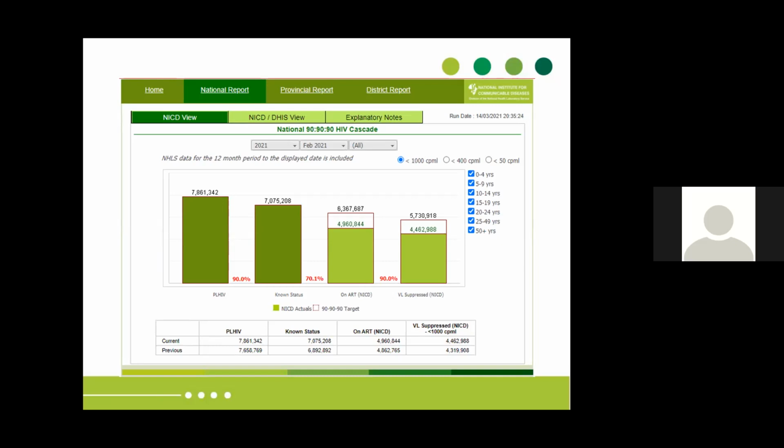So that's the mathematical model which estimates the prevalence of HIV in South Africa. So this is data that is then imported into our data warehouse. The second column, which is a proxy for people who know their status, we've set at 90%. And then the third and the fourth columns, which are in the lime green, are the laboratory data, essentially, which